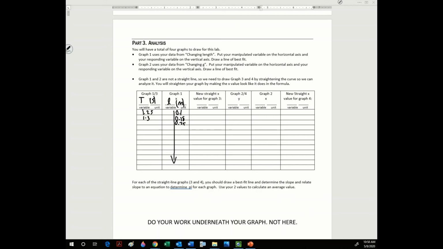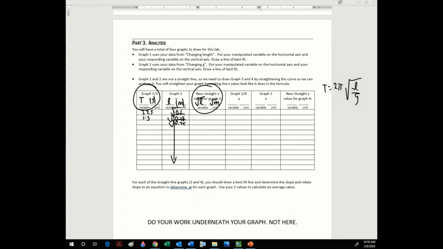This third column here is what we're going to do to L. Right, so I'll give this first one away. Because L is square rooted, to make it straight, we need to square root all of our values. So this is going to be square root L, and then our units become square root meters. So you're going to take all these values that you have here, and you're going to square root them. And from this one, so this is our y, this is our new x,